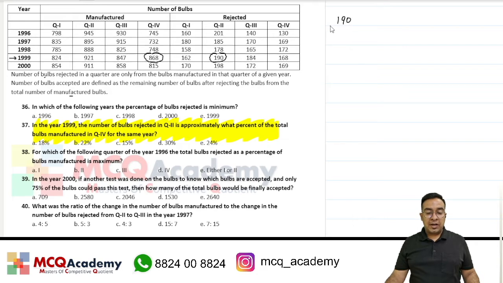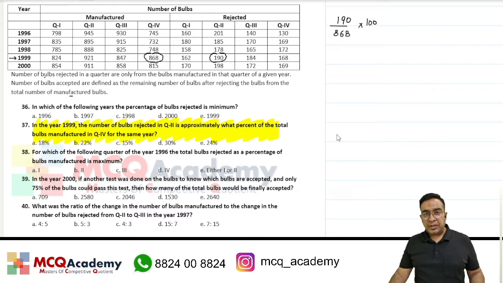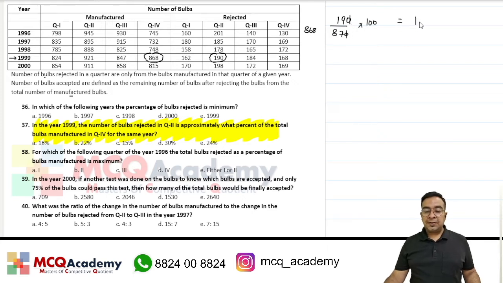हमें इनकी परसेंटेज कैलकुलेट करनी है, which means we would calculate 190 by 868 into 100। नाउ ऑप्शंस को देखें तो दे आर प्रिटी फार ऑफ, विच मींस हम लोग यहाँ पे बहुत आराम से अप्रोक्सीमेशन का इस्तेमाल कर सकते हैं। तो अप्रोक्सीमेशन का इस्तेमाल किस तरह से करें? 868 को हम लोग कन्वर्ट करते हैं 870 में। याद रखिएगा हमने 868 को 870 में कन्वर्ट किया, जीरो से जीरो कैंसिल आउट किया। दिस इज इक्वल टू 1900 अपॉन 87। नाउ 87 को हम कन्वर्ट करते हैं 90 में, सो दिस इज इक्वल टू 190 upon 9। 9 2s are 18, 9 1s are 9, so 21 point something is the answer।